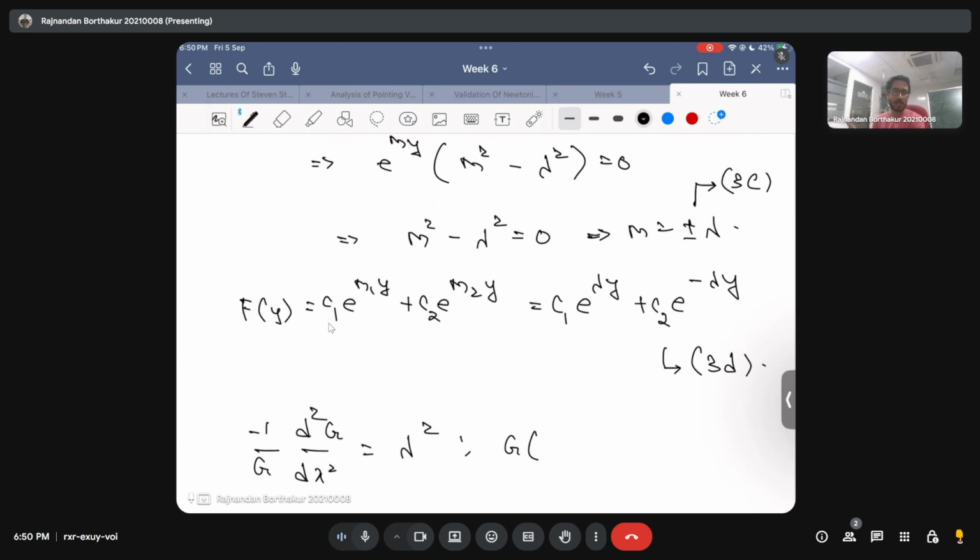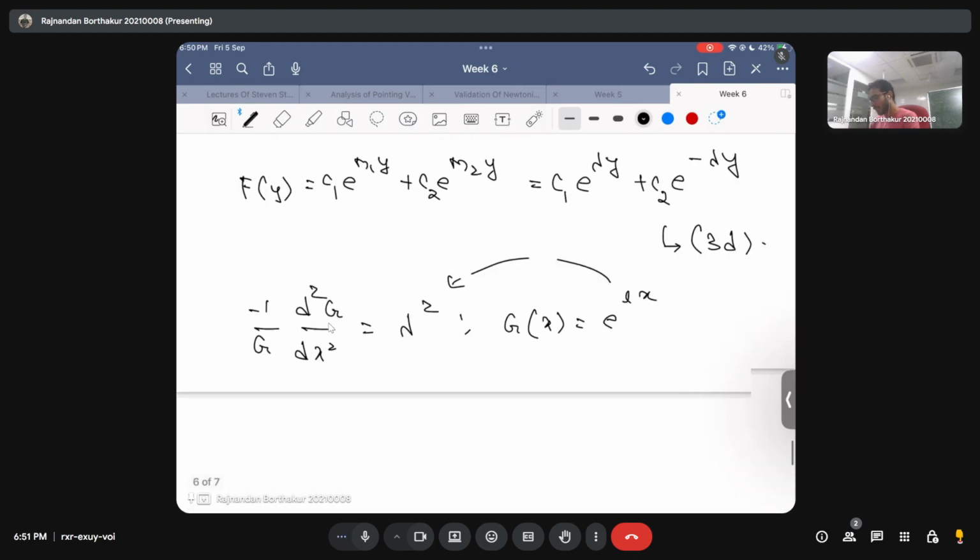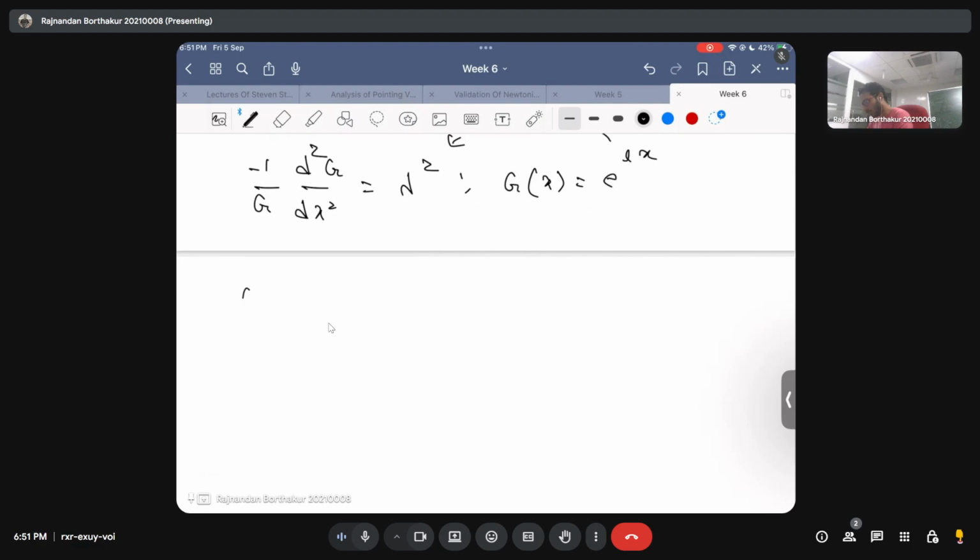It's an ODE, it's second order, it's linear. So you can then assume that your g of x is some e power, let's say l times x. This is what you're solving. And then if you substitute this form, I'll not do the steps because it's just repetitive with respect to the first case. So if you substitute this form, you will end up getting a solution for g of x